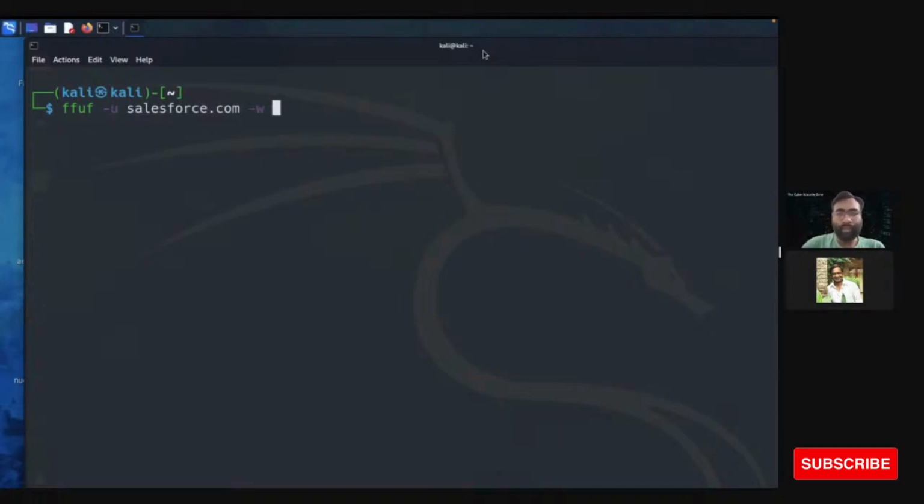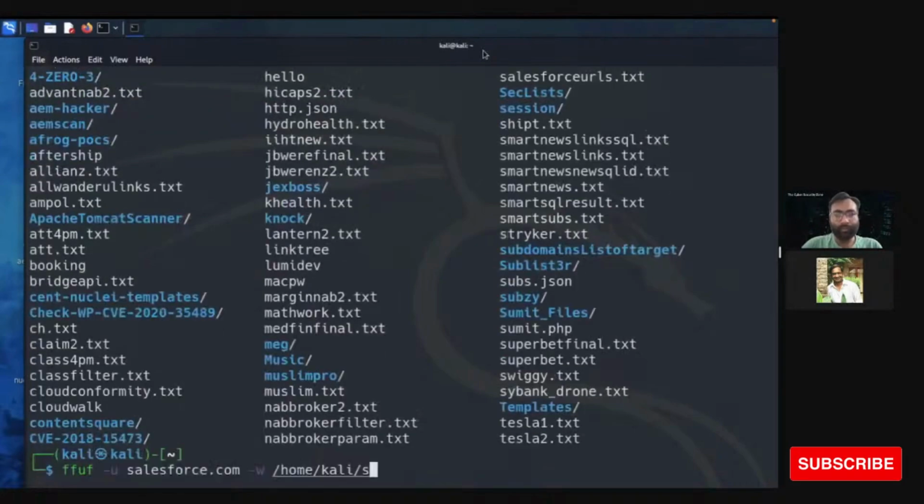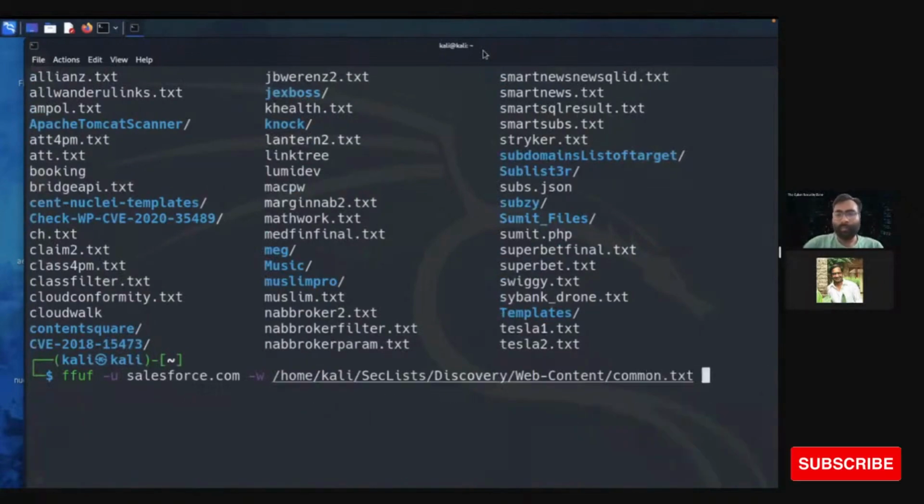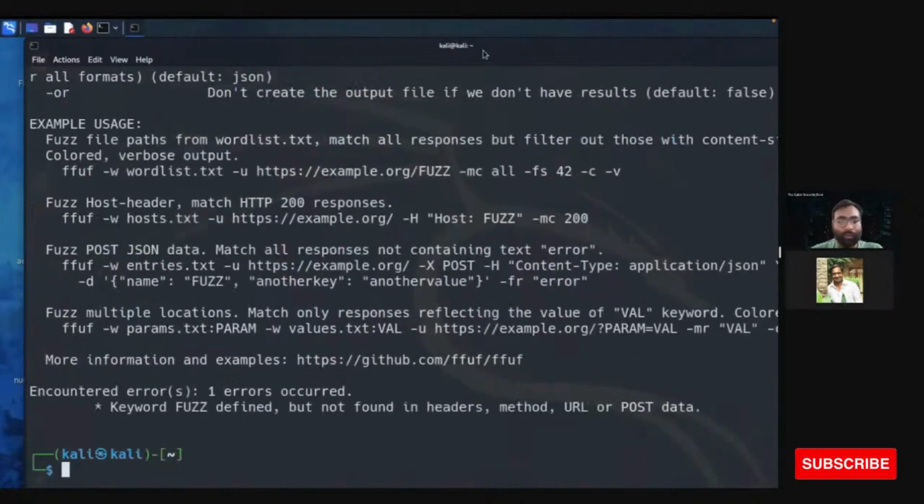In the word list path, we have /home/kali, checklist, then discovery, web content. This is our word list file. I'm going to run it on Salesforce.